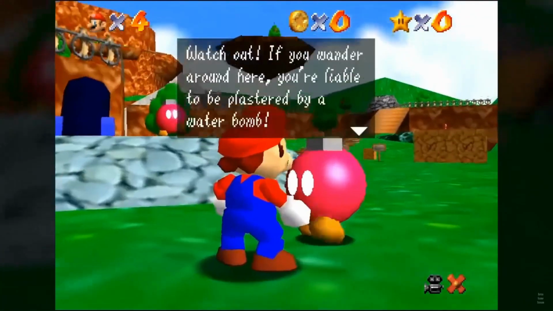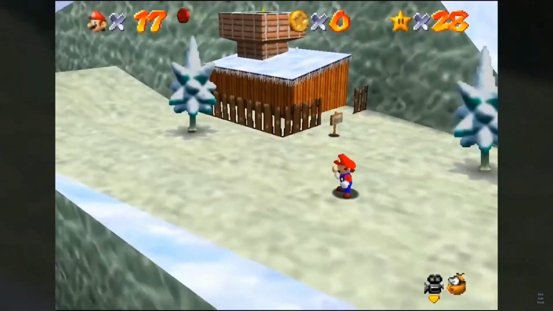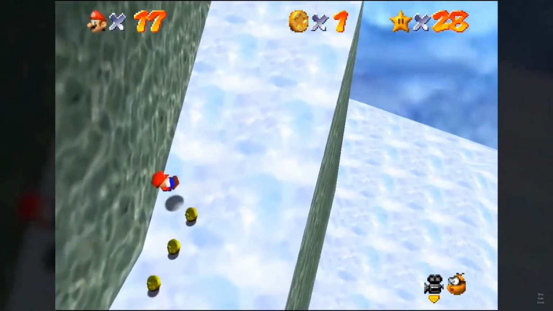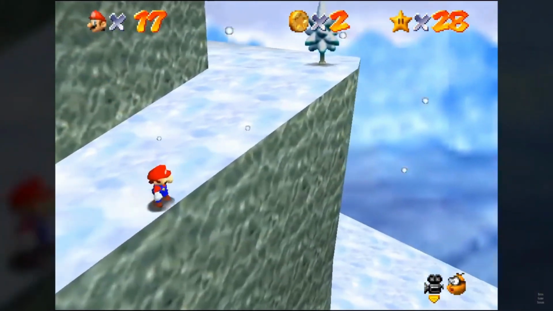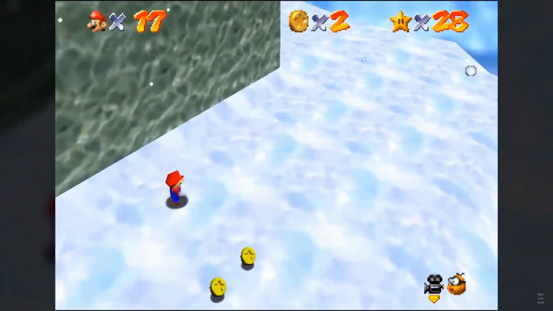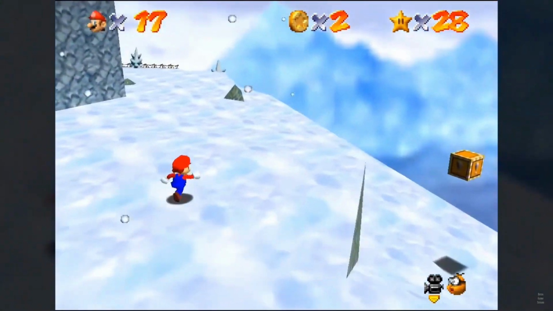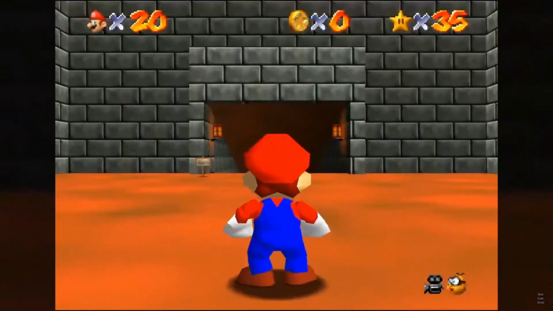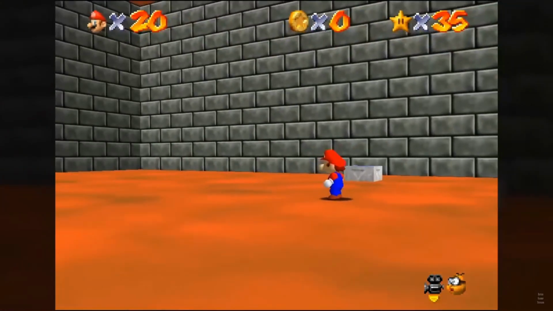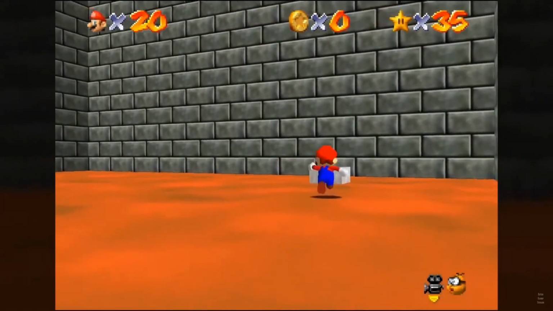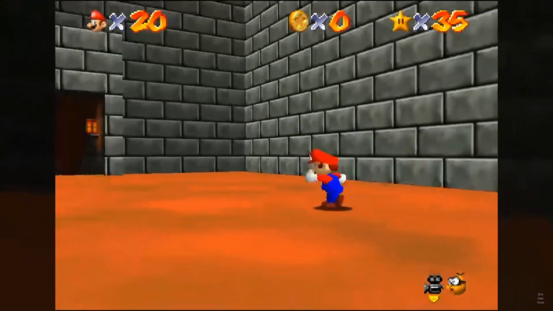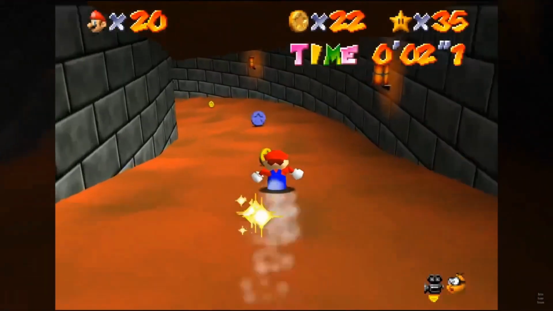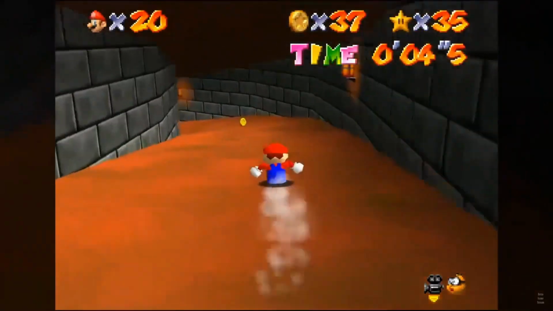Now listen to the Snow Levels theme. And the athletic version of the theme. Does anything sound familiar? This little motif